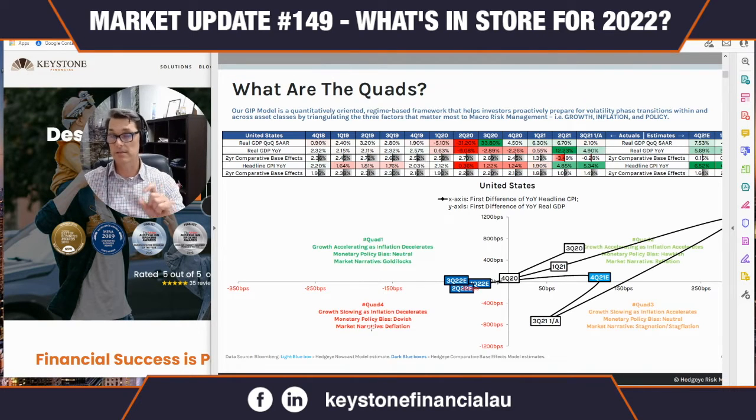Now this is kind of interesting, and I'll touch on this in a moment. But we certainly have had interest rates demonstrating that they are coming down. They're falling, and commensurately bond prices are rising. So again, this is monetary policy. It's neutral in quad 1, which is fantastic. That's why this is the Goldilocks quad. And in quad 4, the Fed is very dovish. So they're actually cutting rates in a quad 4 scenario.